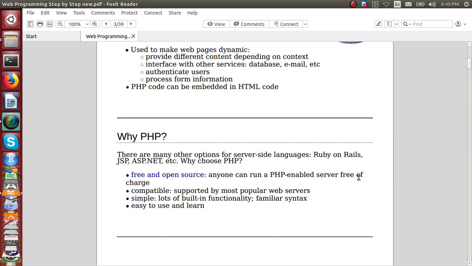And what is the importance of PHP? Still there are many server-side languages like JSP, Servlet, Ruby and Rails, ASP.NET. So what is the advantage? Why do we have to go for PHP? First of all, it is free and open source. So you need not pay anything to have PHP-enabled services,